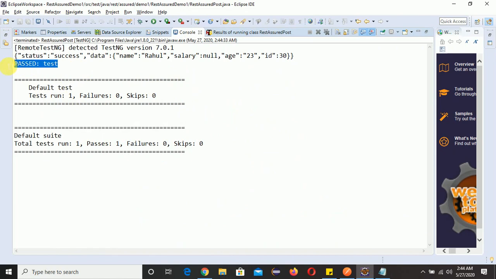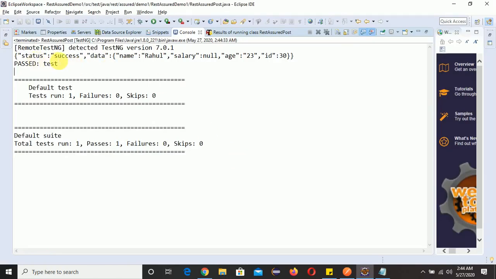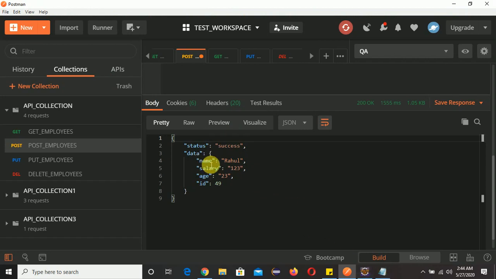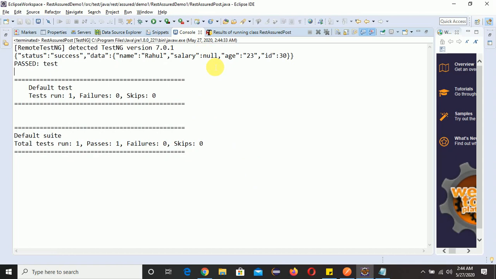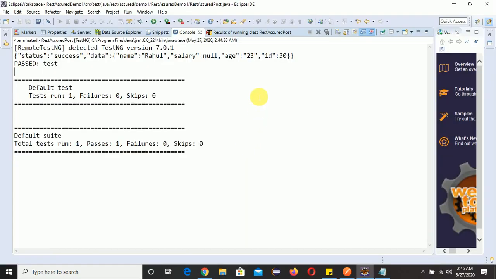So our test code passed. You can see here the same response we got, right? Status success, data, name is equal to Rahul, salary 123, we got null. ID will be changing frequently, that is why we got a different ID.